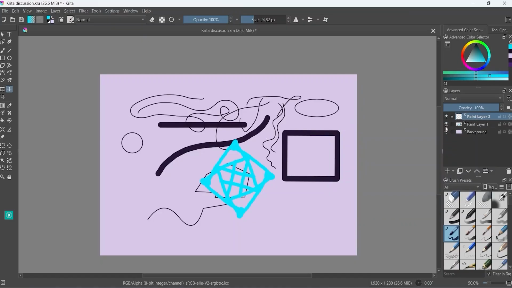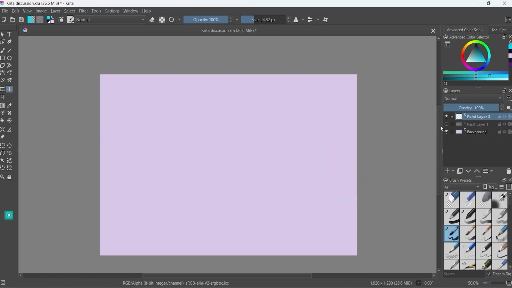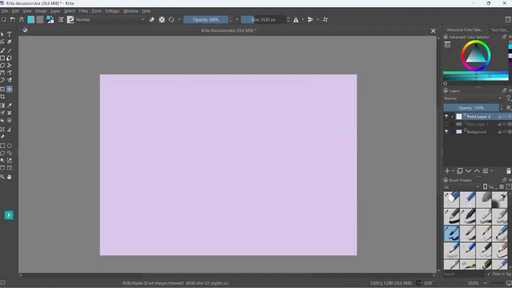So in that case, we can toggle this eye off. So it's there, but we have just hidden this layer. And now let's look. Now I can transform it, and what else can I do? I can rotate it like this,